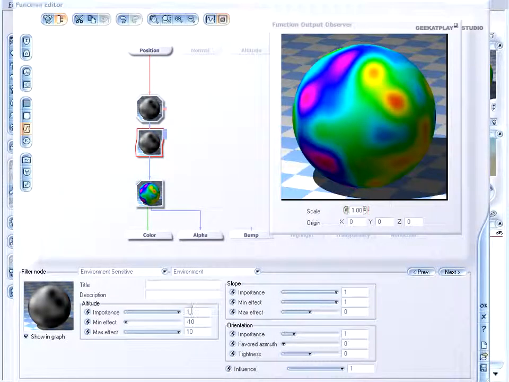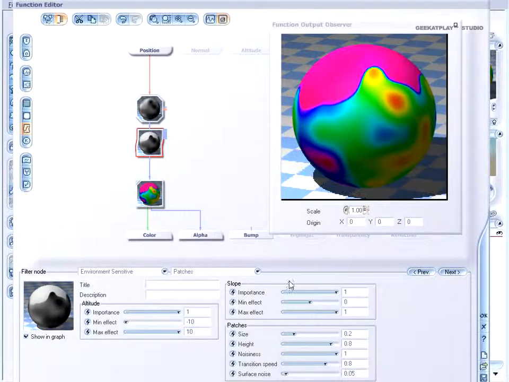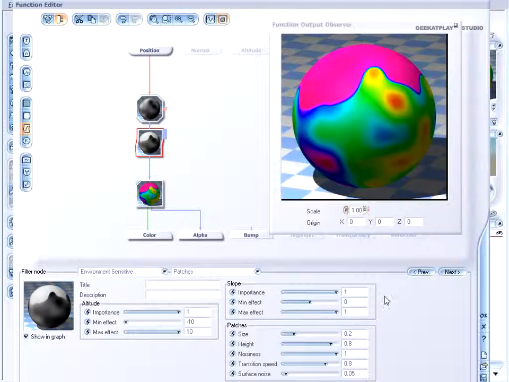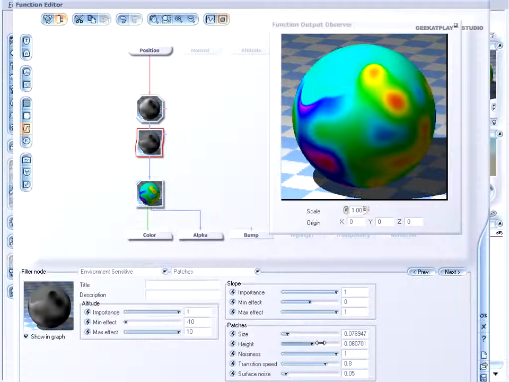Environment, which combines altitude, slope and orientation together. Patches is very unique and very interesting to use. You can see that it automatically creates uniform, unique patches on horizontal areas, so it won't affect the sides. But again, you can define the size of the patches, the height of what the filter will pass by, the return,